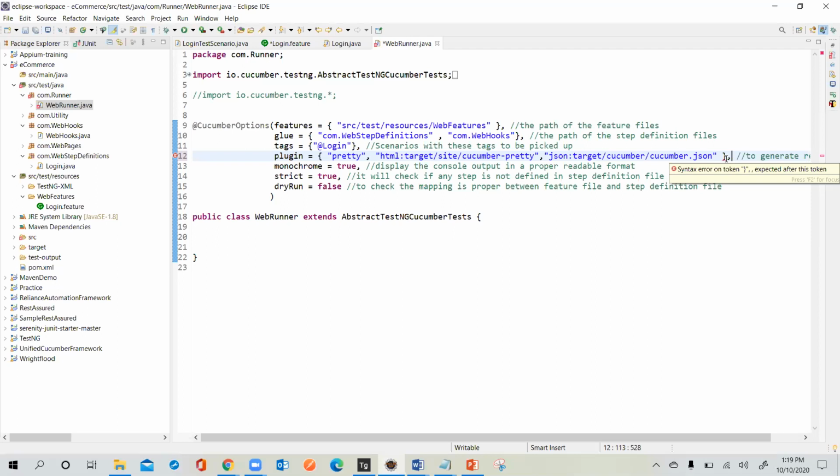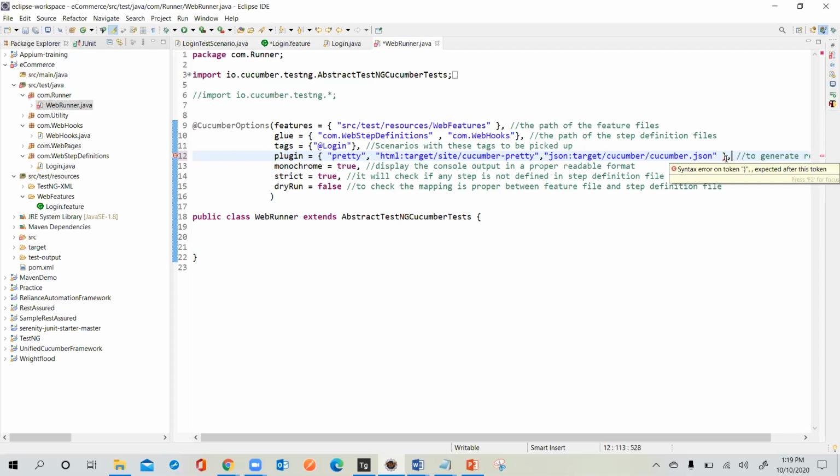The question is where this runner file came from. We need to create the feature and step definition file. First we have generated the login feature, and you can copy those scenarios into the Tidy Gherkin, get everything developed, copy that and paste it into your login.java file. Then your step definition file is also developed.